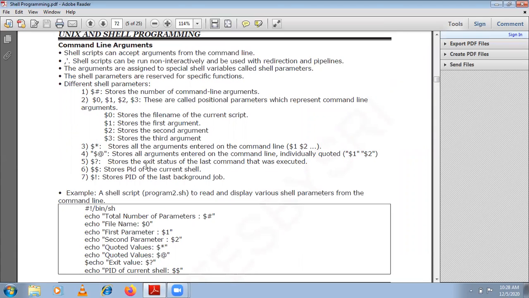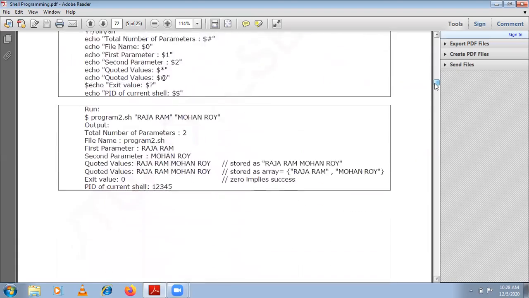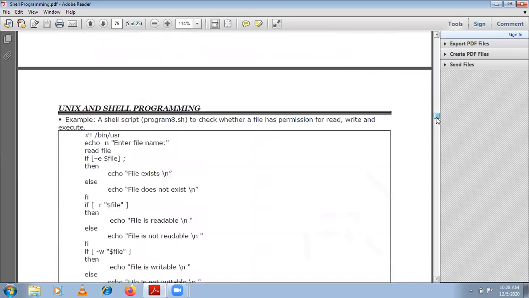$? is the exit status. Okay? So this you need to remember. These two are major things: $* and $@ are used to store the arguments. $1, 2, 3 are for individual arguments. $? means exit status. 0 means the command executed successfully, and non-zero means some error has occurred. Okay? So let us go and see how we can obtain input for the variable of